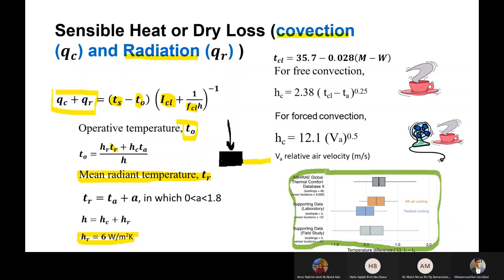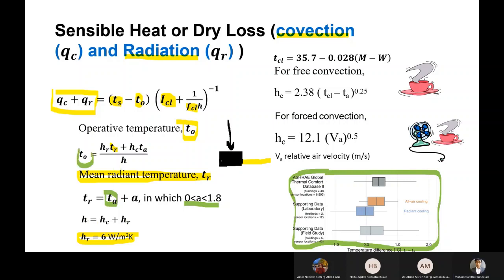LinkedIn provided this chart so that I can tell you that the value of TR, the mean radiant temperature, is equal to the ambient temperature plus a constant A, in which A is between 0 and 1.8. I put it here, based on this data. Okay, so then we'll be able to calculate the